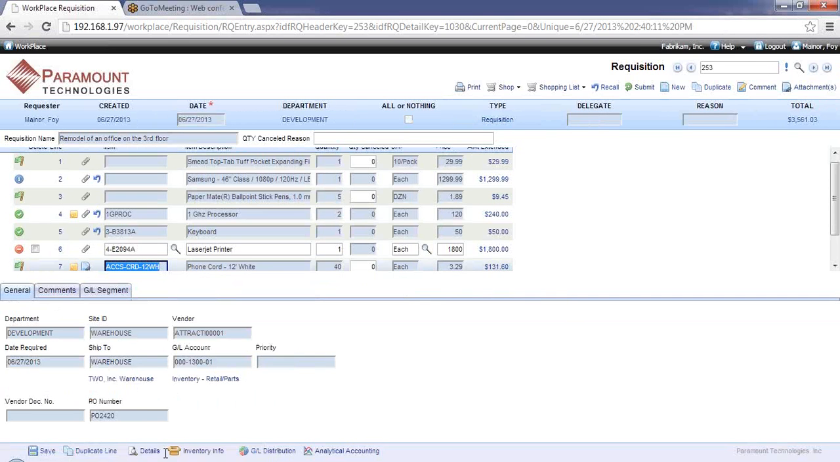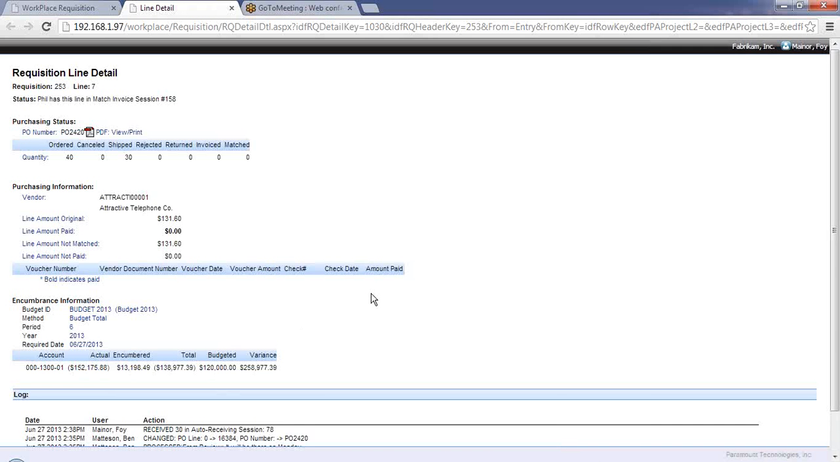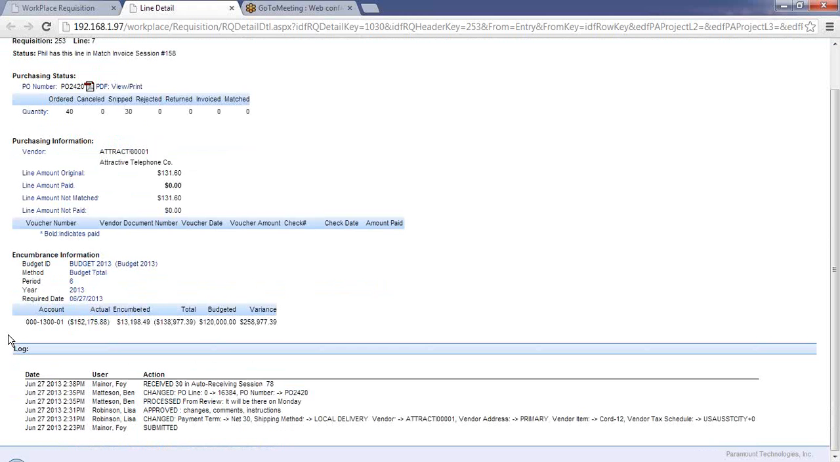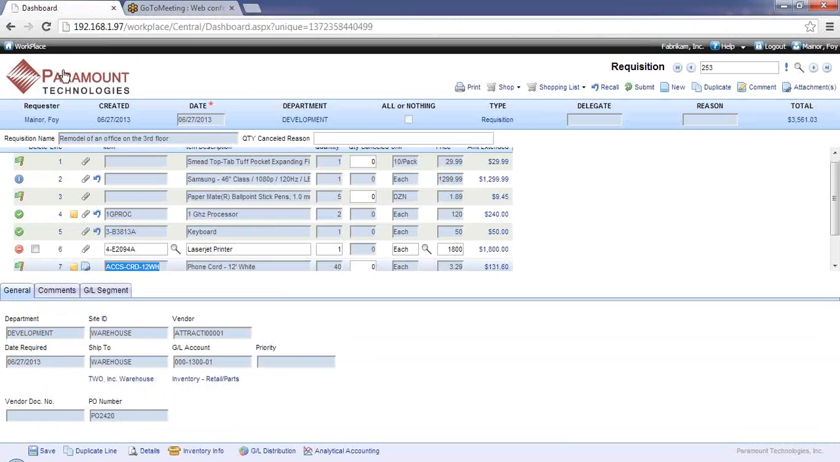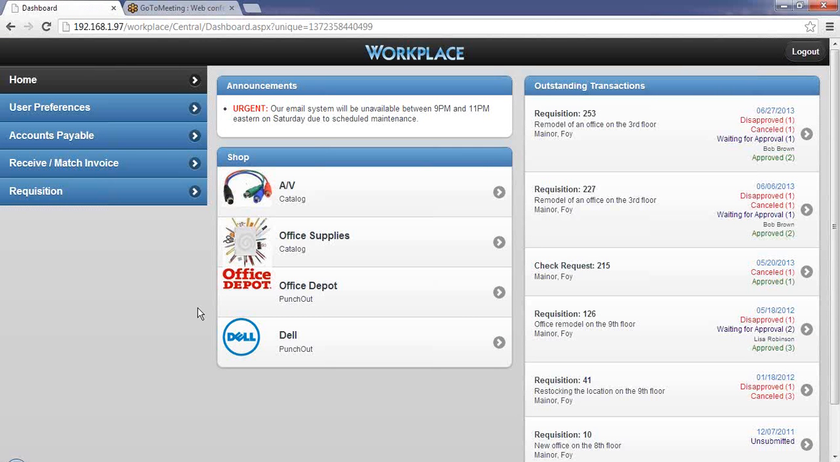and then also click on the requisition, drill down, open it up, and here are the details of a fully processed requisition, the purchasing status, how many were ordered, as well as shipped and received up until this point, purchasing information, voucher number, voucher date, check number, check date, and amount paid, budget information, and then your details, which will show you submitted, changes, approved with notes, processed from review with notes to create a PO, and then received. So there's the details of a fully processed requisition that has gone through each of the steps